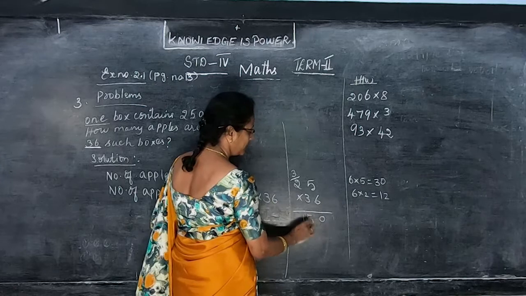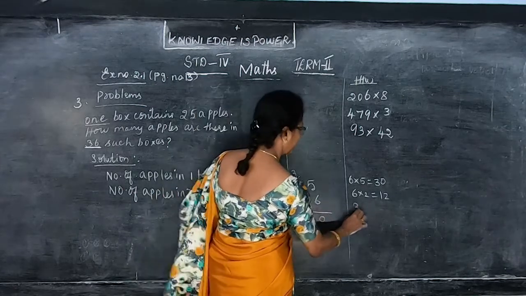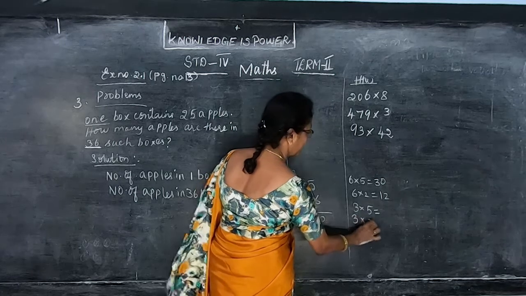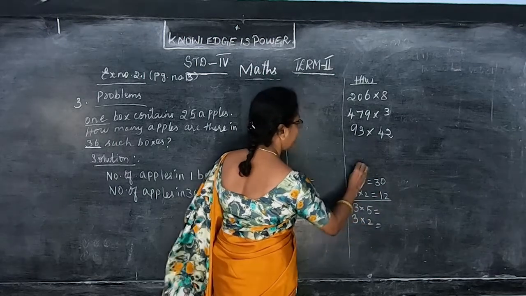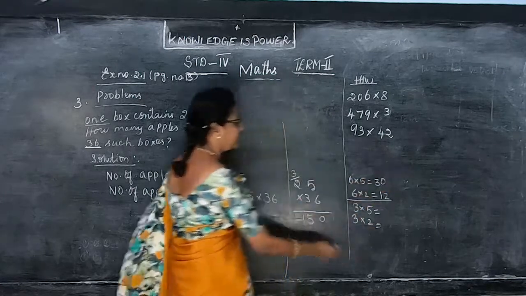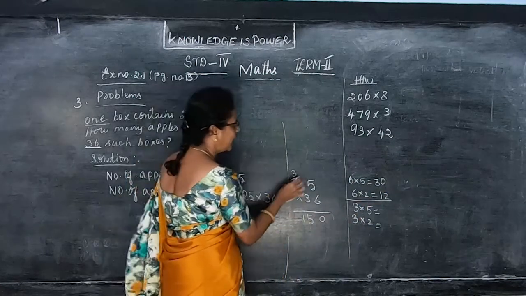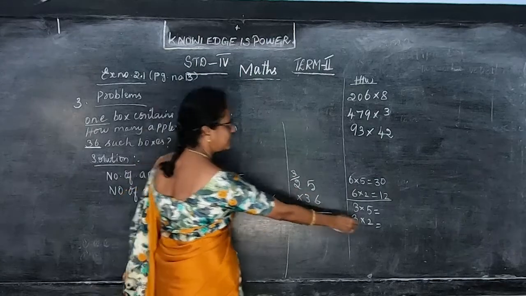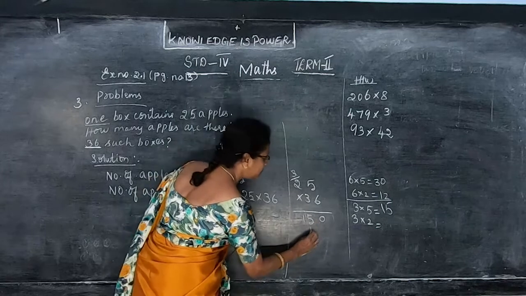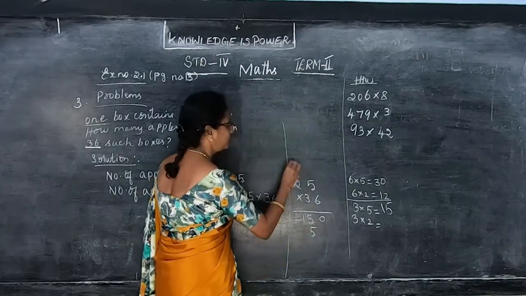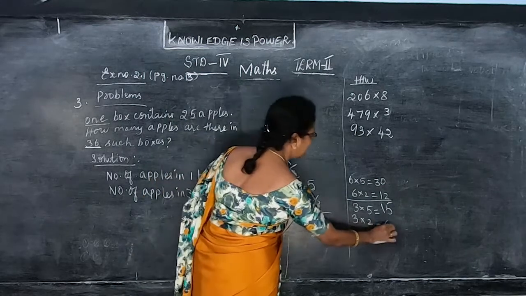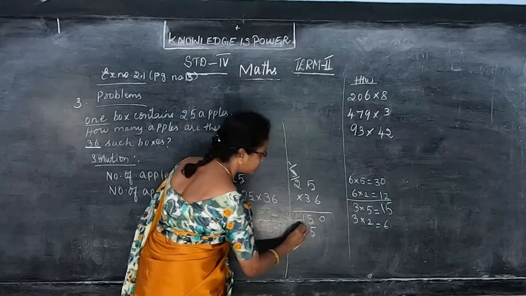So now the next one is 3 into 5. 3 5s are. Next 3 2s are. So first multiply the ones digit and write the answer. It is in the ones and then in the tens. So this carry over is struck off because when you multiply in the tens, 3 5s are 15. So when you work in the tens, start in the tens. So put the carry over 1. Strike this off. Then 3 2s are 6 plus 1, 7.